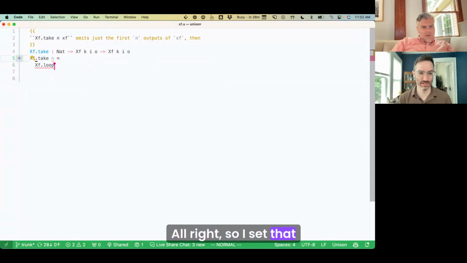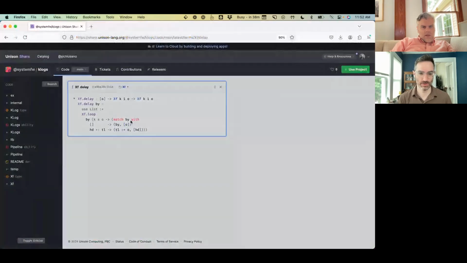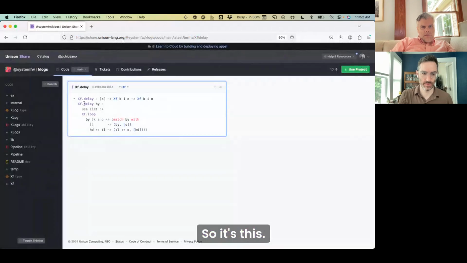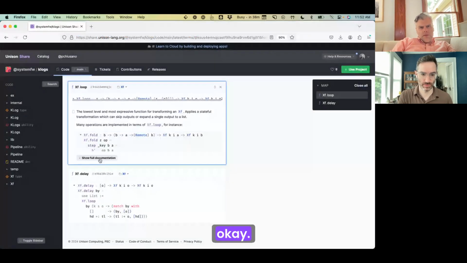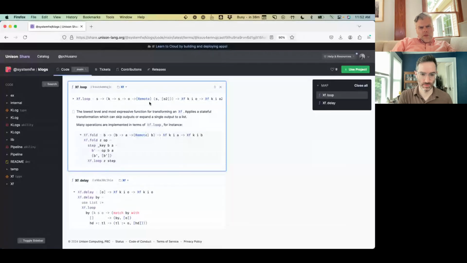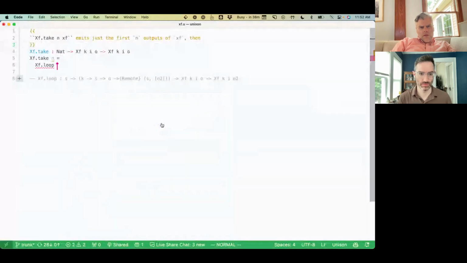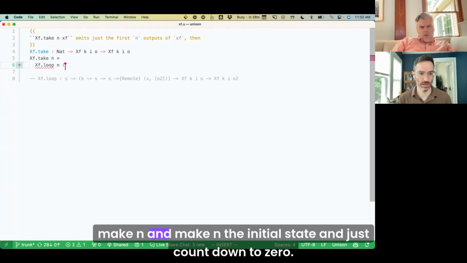All right, so xf.loop. That signature here. It takes the initial state. Let's just make n the initial state, and just count down to 0.